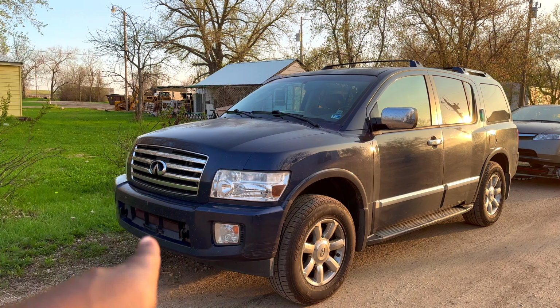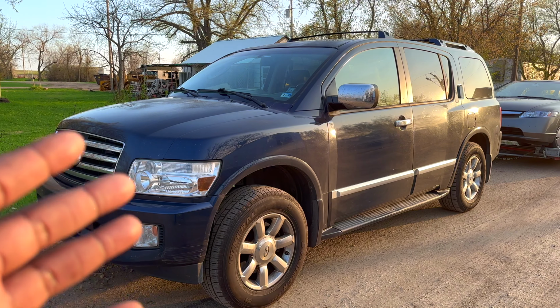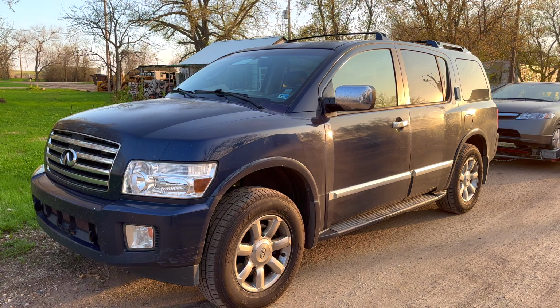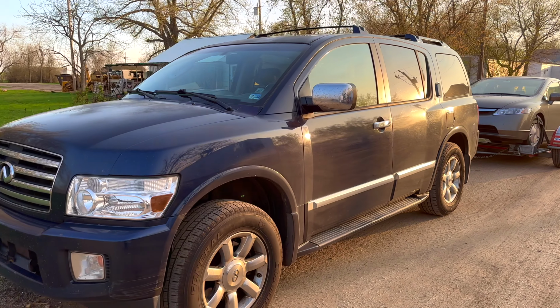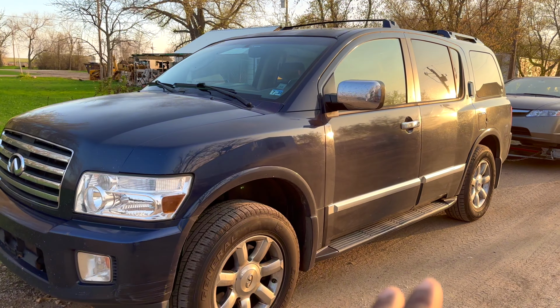Few things notable about the vehicle: this was the most expensive vehicle sold by Infiniti in their lineup, and most of them came fully loaded. The only options you could choose, I believe, were the bench seats or the captain seats in the second row. There was, I think, the entertainment package where you could choose the DVD or not. And finally, I'm not too sure about this, but I think it has something to do with the navigation system. I might be wrong, but I think there were just like 3 options: captain seat or the bench seat, the rear entertainment system, which is DVD based, and the third one I forgot. Maybe it's the sunroof, I'm not really sure, but otherwise everything was standard on these vehicles. They came with leather interiors,